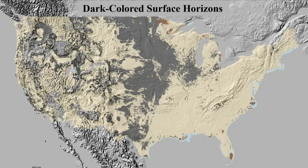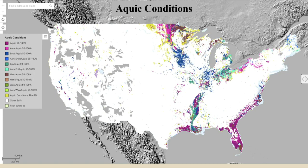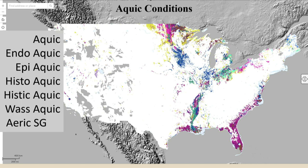So, so much for the dark surfaces. One more example to help inform the discussion of the Aquisol proposed order. I put together a map of aquic conditions, and this takes a bit of time to unpack, but what I came up with were